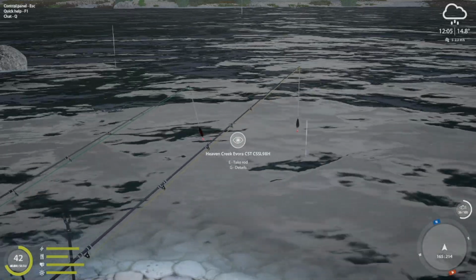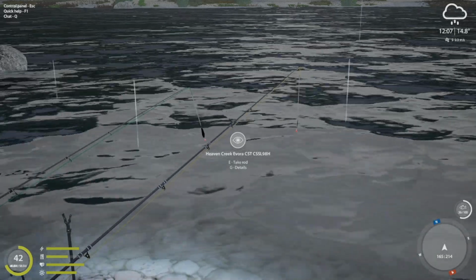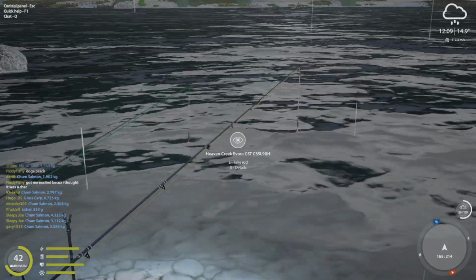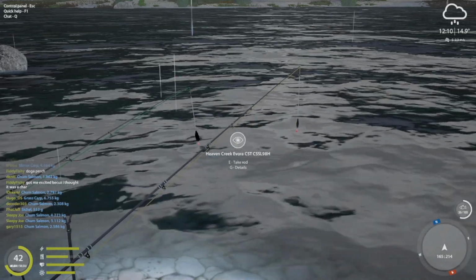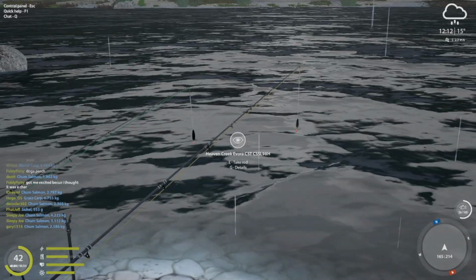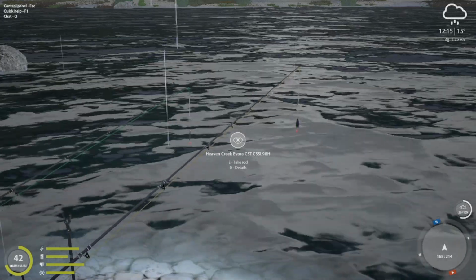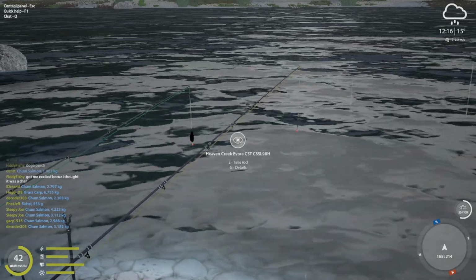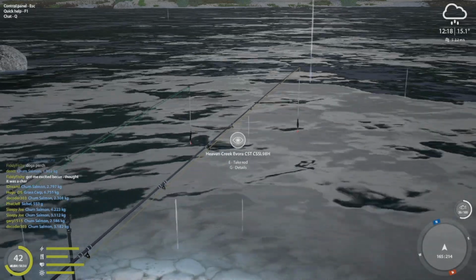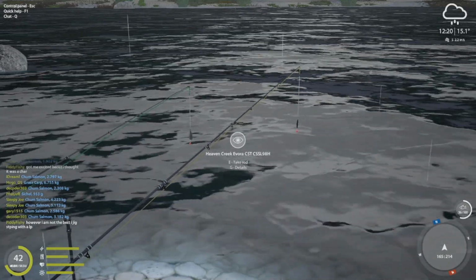If you're like me, most of your time in RF4 has been either fishing with carp or feeder rods or picker rods, something with bottom fishing, right? With a little bit of float fishing and a little bit of spin fishing. Most of the spin fishing I've done has been through trolling, right? Except for back in the day, we used to spend more time anchored down in boats and spin fishing certain spots and fishing from shore, even like at Corey, especially spin fishing from shore used to just be the way to go. It was awesome. And being here at Yama has kind of brought me back to those times. However,